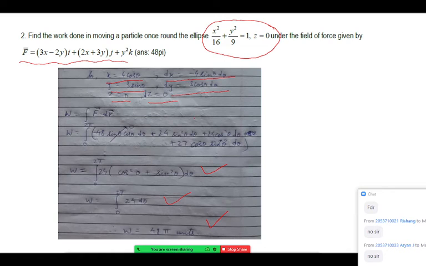Exactly similar one. You can do it on your own also. Try it. Actually, the integration of this term is 0 on the limit 0 to 2 pi, because the power is odd, and the integration of this term is also 0 because 27 sin theta cos theta is there. The power is odd, so the integration is 0. That way. So it is exactly the same question, and you can do it on your own also.